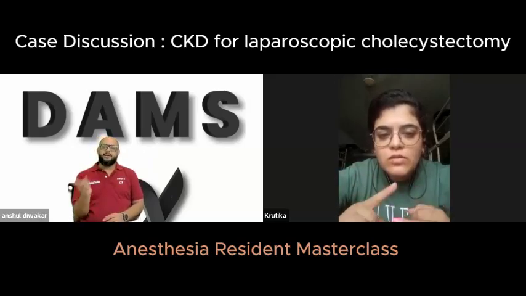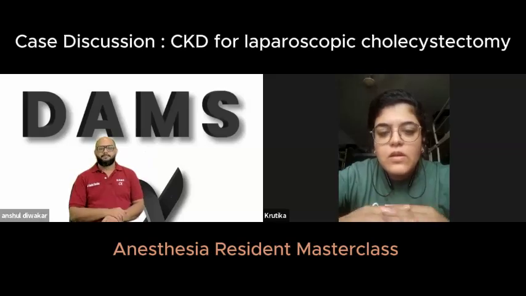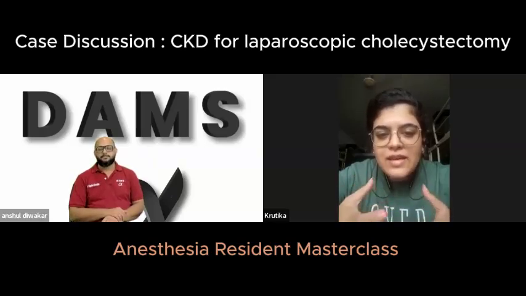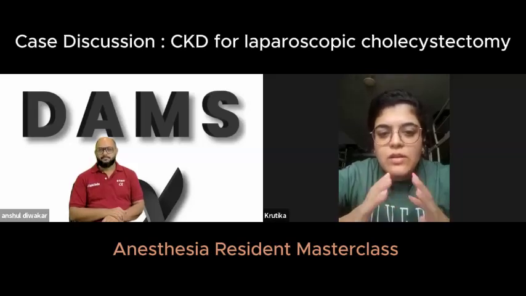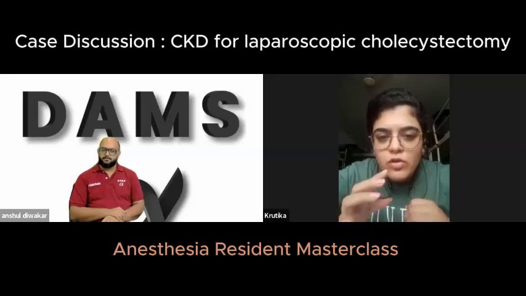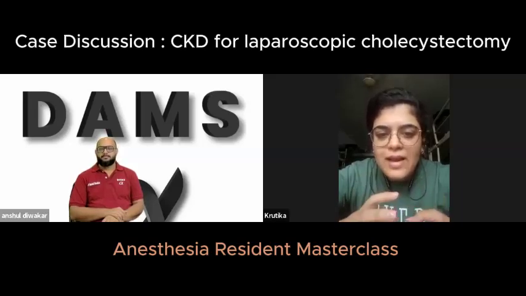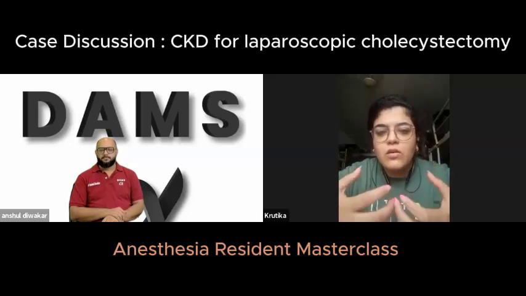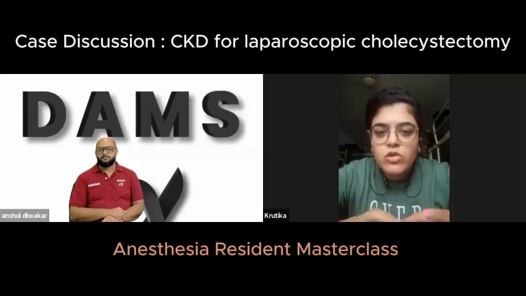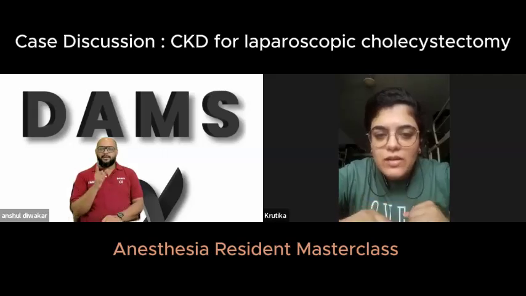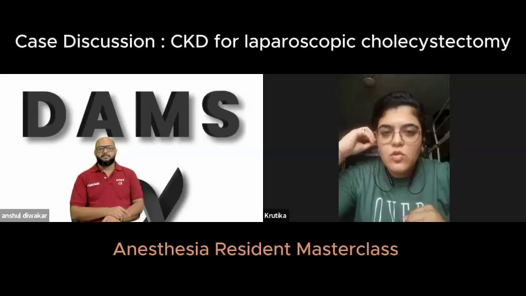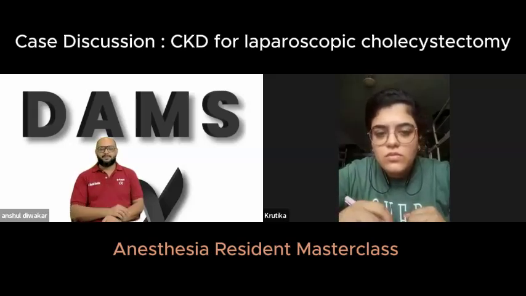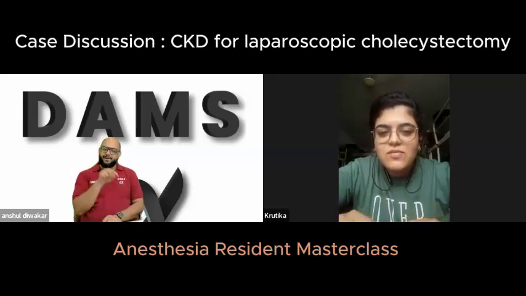But how come CKD will cause pressure and volume overload? When there is CKD, RAS activation is there. When GFR decreases, RAS activation is there. Fluid overload. This causes hypertension. So because of volume overload, there could be LVH, and there could be pressure overload also. So these things can lead to LVH. So tell me, if there is LVH, would you call it a coronary artery disease? No. So what would you call it? It can lead to ischemic heart disease. You will call it hypertensive heart disease.